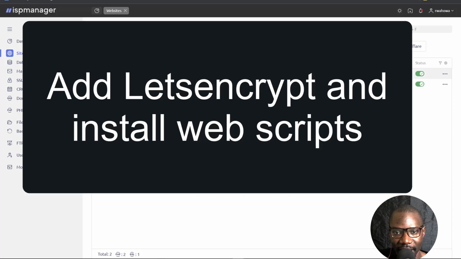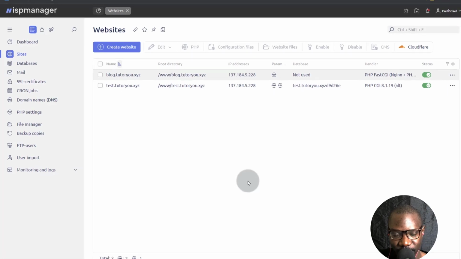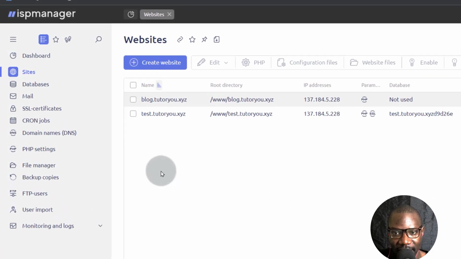Let's see how we can add Letsencrypt, and we're also going to see how to install web scripts in Ispmanager. So web scripts are things like WordPress, Drupal, and we're going to see the options that we have. So first, let's see how we can add Letsencrypt to a domain that doesn't have Letsencrypt already. So here under sites, I've added this domain,